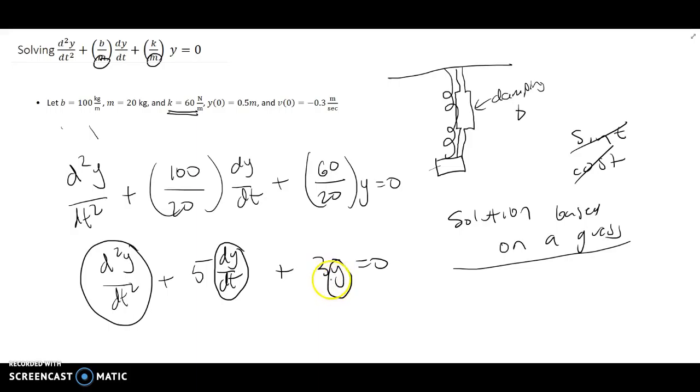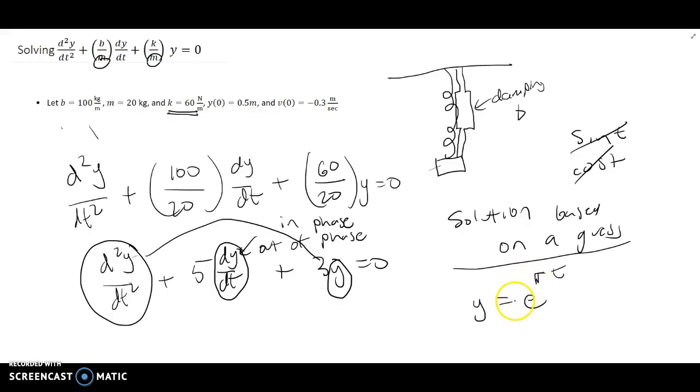So these two will be in phase, sinusoidal functions, but this will be out of phase. And as a result, you're not going to be able to add them up and get exactly zero all the time. So our guess is the other guess that we have, which is an exponential function: we're going to guess e to the RT. And the reason we guess e to the RT is, one, because when we take the derivative of e to the RT, assuming that this exponent is negative, then the derivative is going to involve a negative coefficient, and